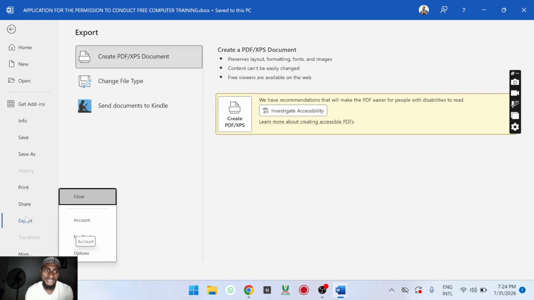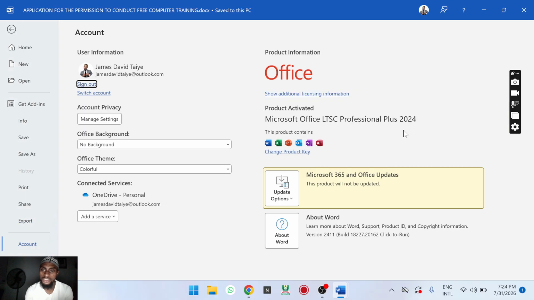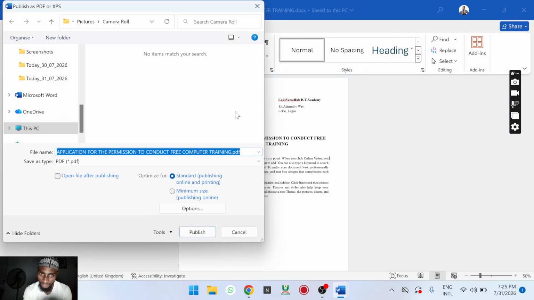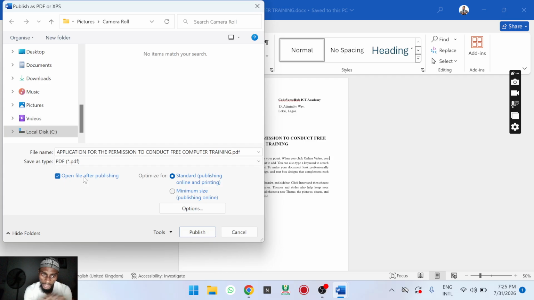If you're using the latest or maybe a version that is at like 2016, 2019, 2021, any of these offices, you should be able to see the export button very easily. Right, so we're going to export this, and we're going to click on under the create PDF SPS document. We're going to use the create SPS button, click on it, and under the same folder, I'm going to uncheck this. Open file after publishing simply means when it's done publishing this document, like saving it to your PC,